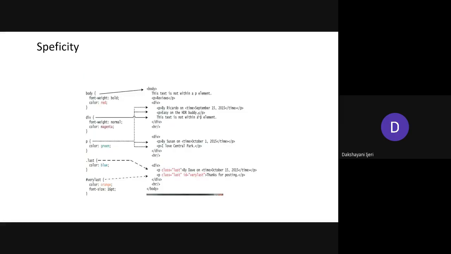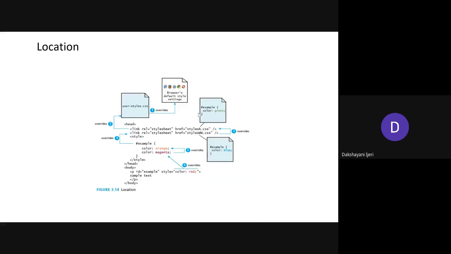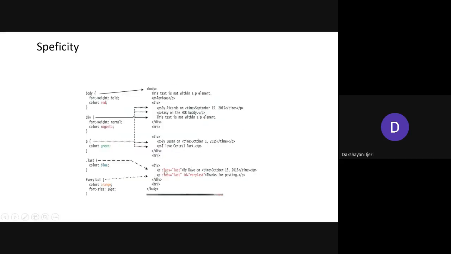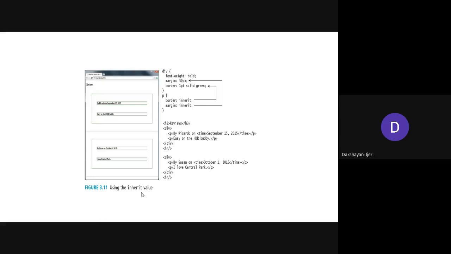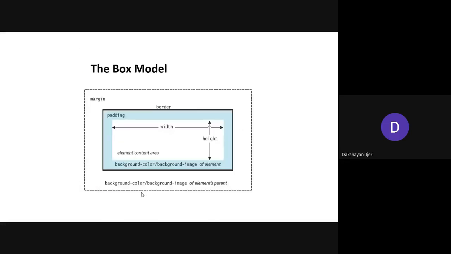Okay. So coming to specificity, it is the one which I just told you, that is how the styles will be applied if you have defined the styles at all three levels. If you observe this example clearly, you will see how it has been applied. First it is going to consider the inline level, then it will go for the embedded level, and then the external level, right? This specificity concept I'll continue in the next class.